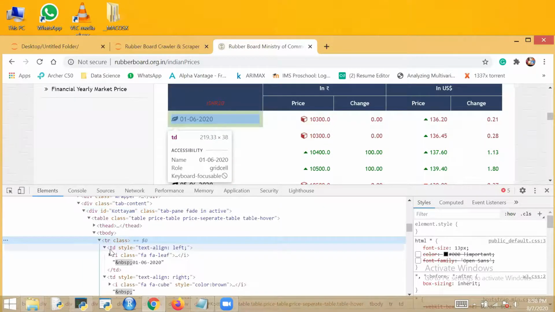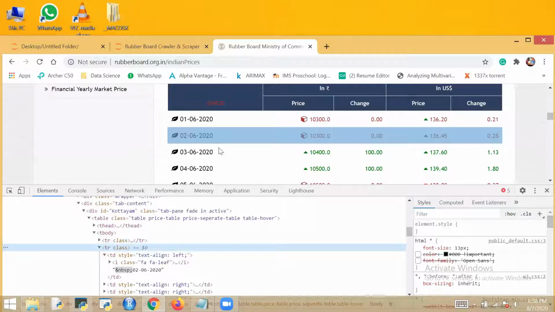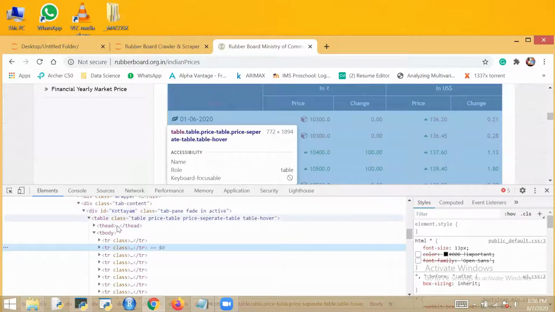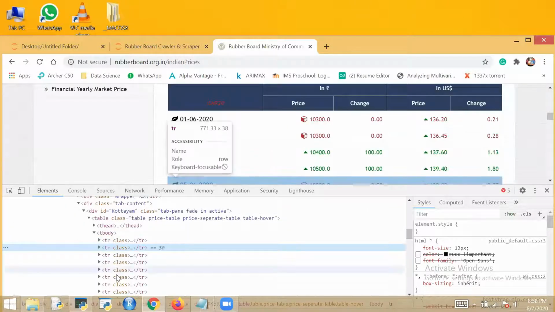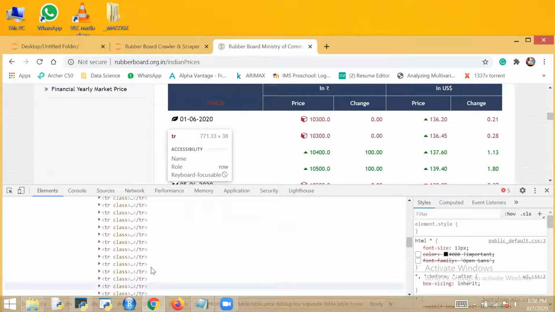This is one table row. Okay. This is the other table row in which data is stored. See, if I'm hovering, these are the table rows, right? Under this division, these many rows are there, in which data is there.